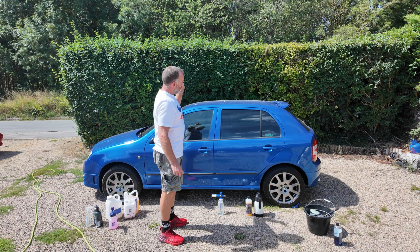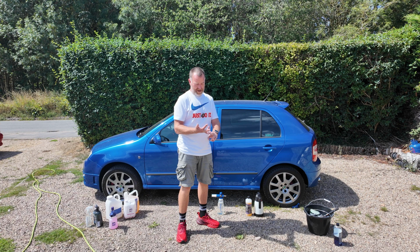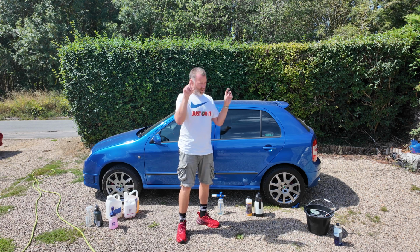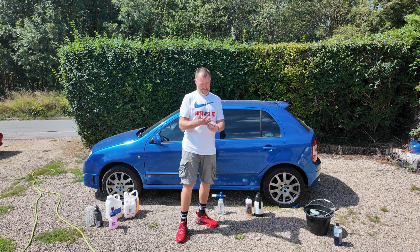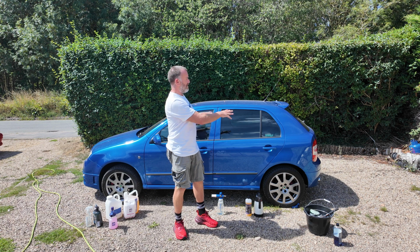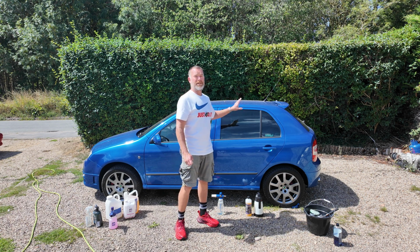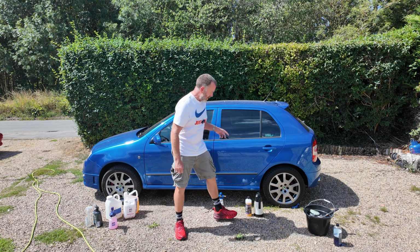So today I've done the interior this morning: full hoover, leather, all the plastics, glass, engine bay. All the door shuts have been waterless washed and then QD'd. So everything internally is in nice condition. Built hamper traceless on the glass. We're going to use traceless today to finish the exterior glass. So we're going in with